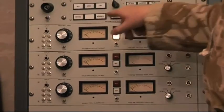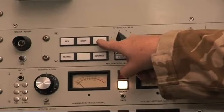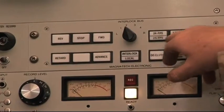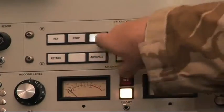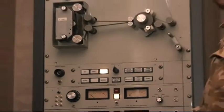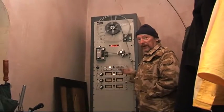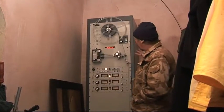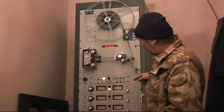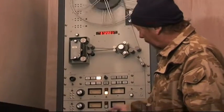Okay, so what I'll do is I'll run this in forward mode at standard speed at either 24 or 25 frames per second. Ready? Roll it. Makes a noise, but that's the synchro drive or something coming up to speed. Okay, it's rolling forward. I've got the ready on all the records,